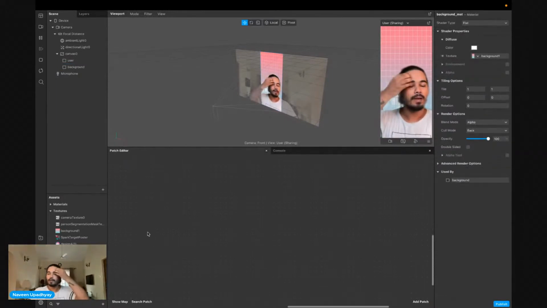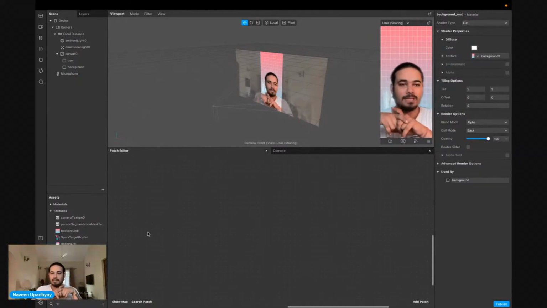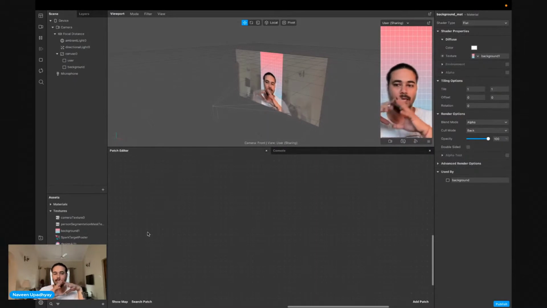So now understand another thing, how video calling effects work. We just upload one file in Spark AR, and that file equally loads on every participant.